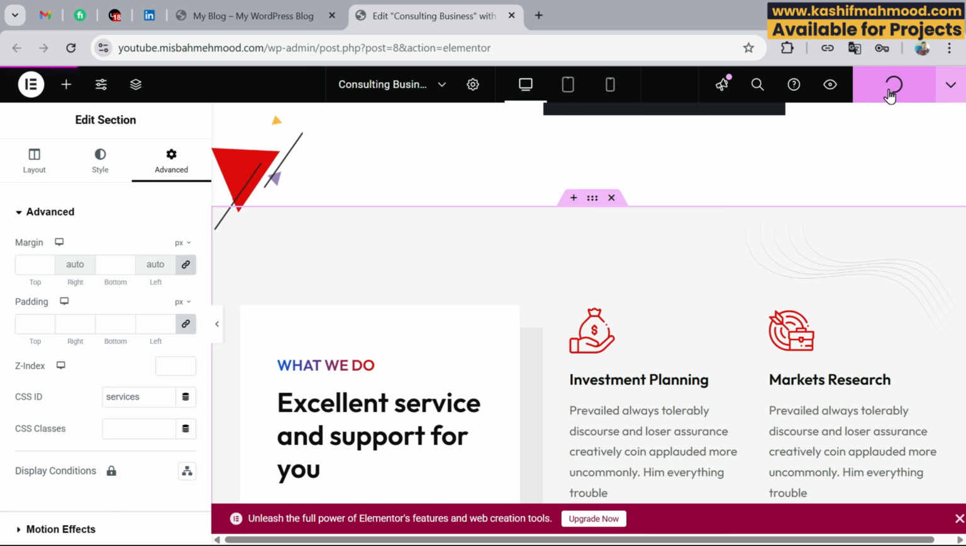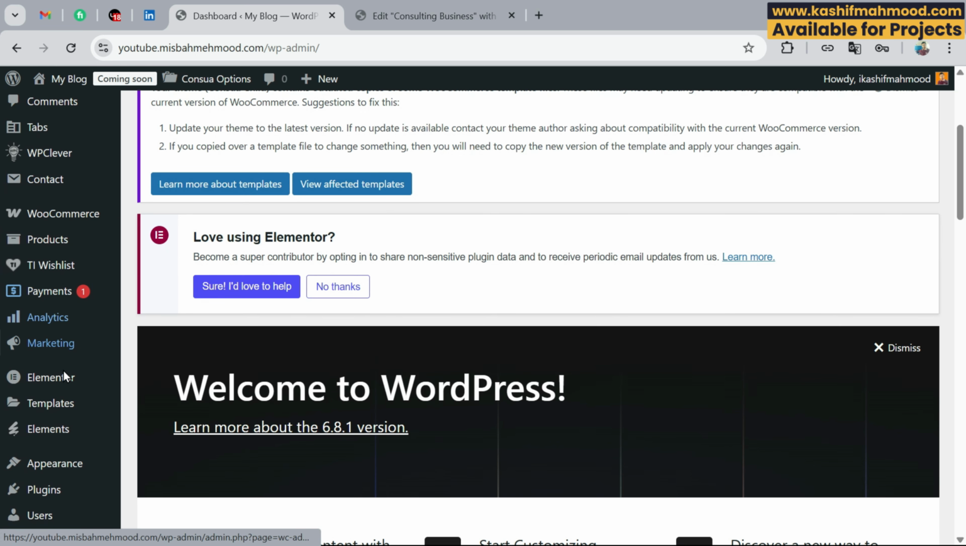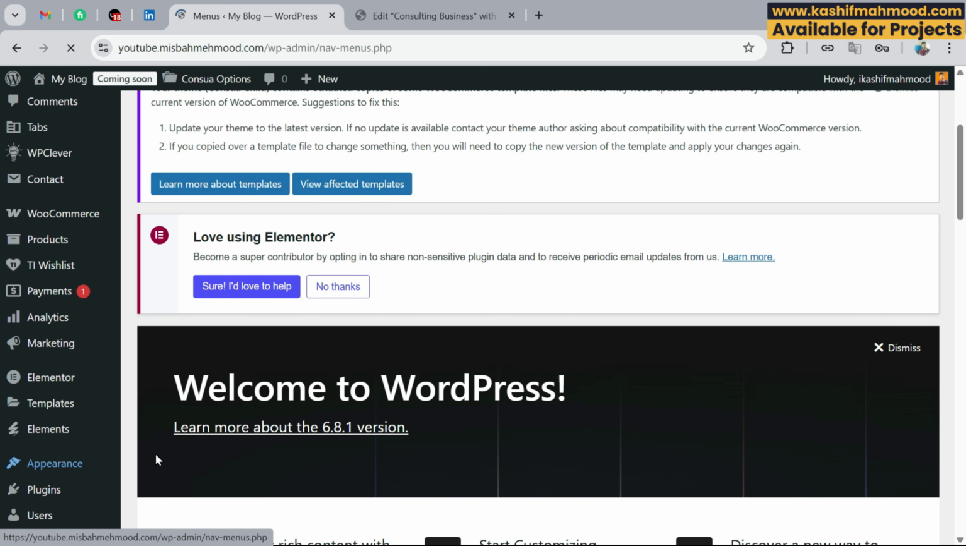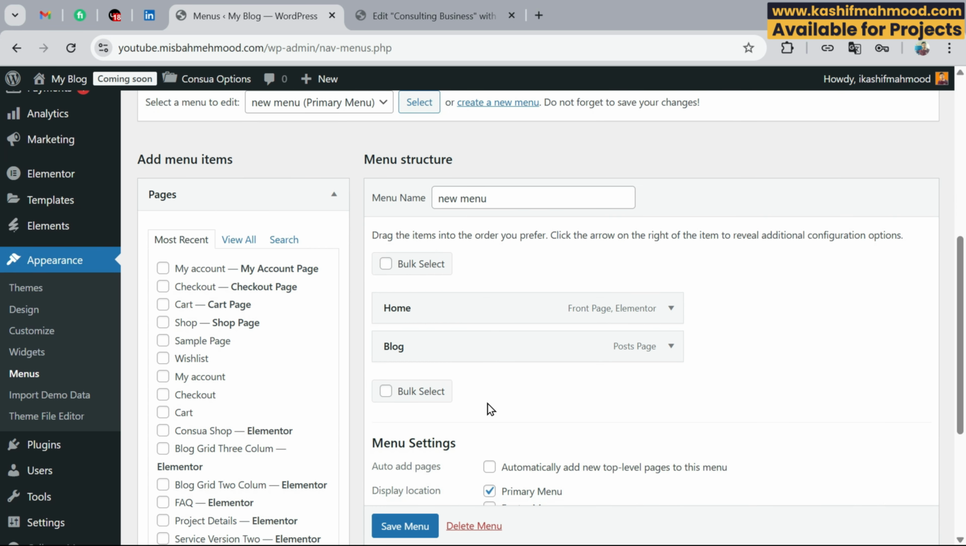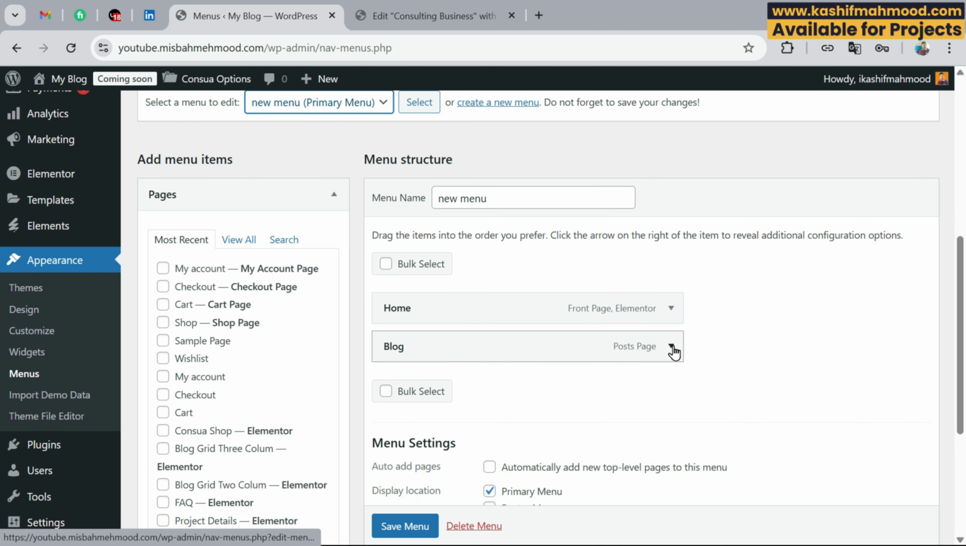So just click on Publish, and now let's go to the dashboard, and here we will have to scroll down and go to Appearance and Menus. Here open the menu that you want to edit. You can change the menu from here. I am using this new menu that is set to the primary menu, so I will have to add new